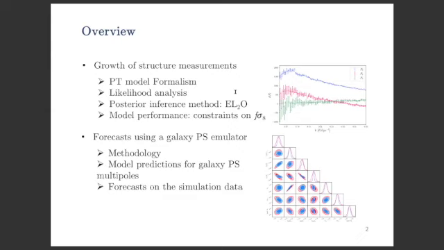So first, the overview. I take the perturbation theory model developed in Rush's group and apply it to the BOSS data, showing that our model provides a competitive constraint on the growth of structure. When we analyze the posterior of the cosmological parameters of interest, we use a new optimization-based method called LO, which is as accurate as MCMC, but its computational cost is only a fraction of MCMC. But there are